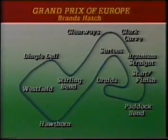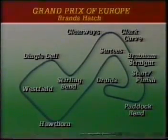What looks like a straight between Graham Hill Bend and Surtees, if you're in a car at racing speeds, is anything but straight. But then you've got the drop down, Pilgrim's Drop, and a rise up to Hawthorne, which is actually just about the fastest part on the course. Then there is a straight to the right-hander at Westfield, followed by the drop into Dingledale, then uphill a little